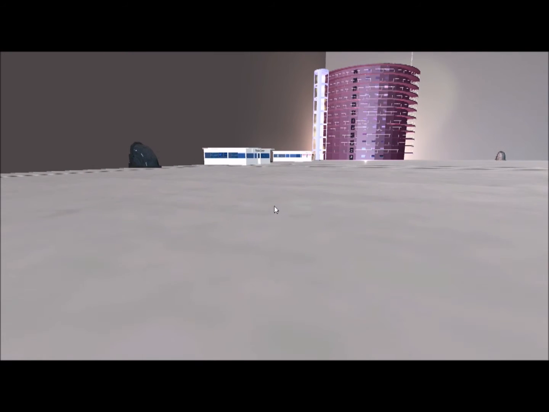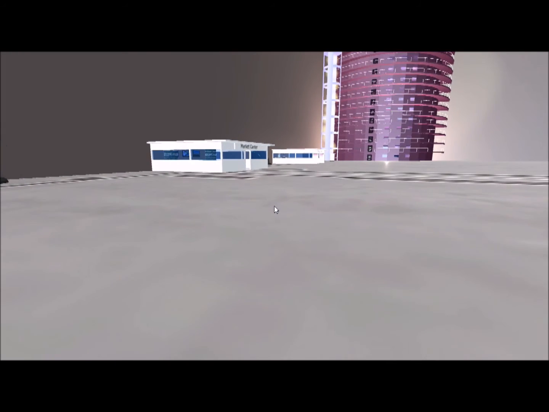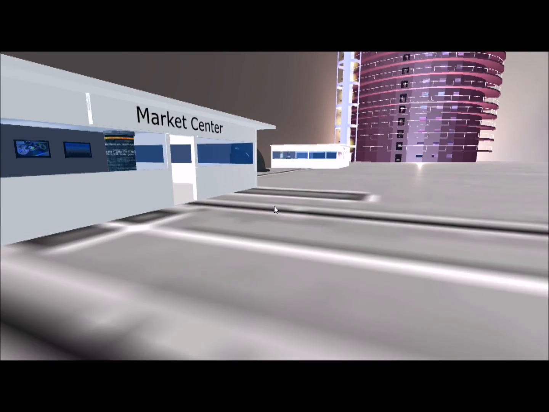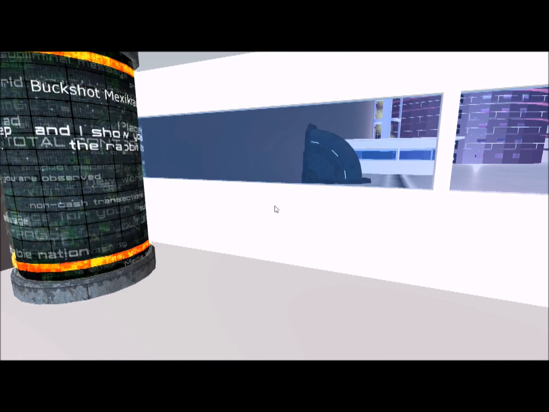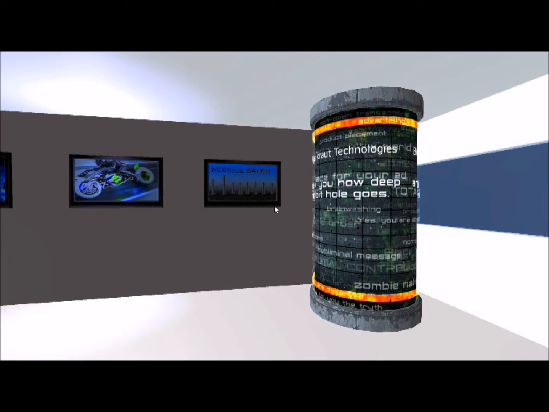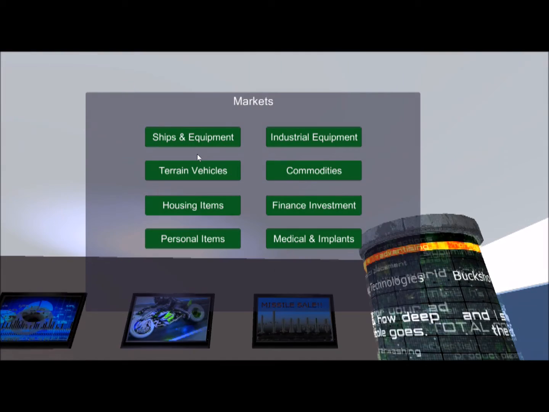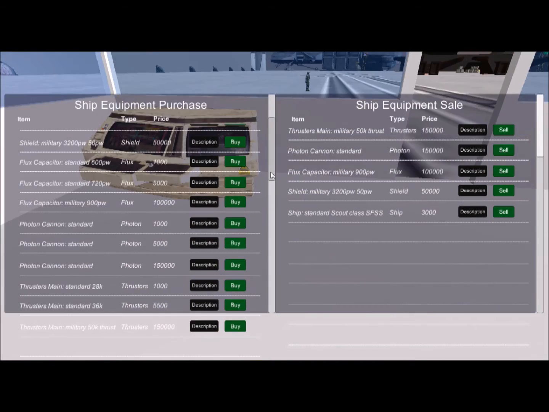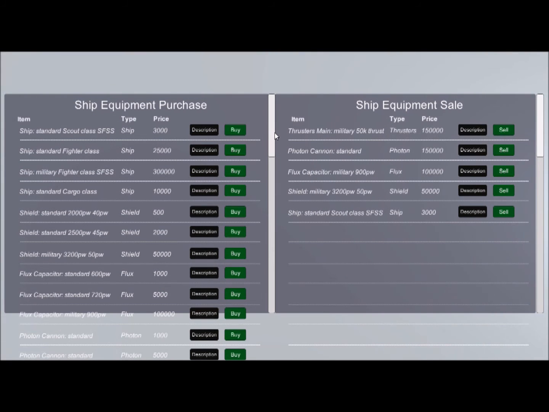Since the last time I showed the mission center, I added a market center where you buy ship equipment, and you actually customize your ship to a certain degree. What you do is you come on here and click tab, and right now ship equipment's the only thing that's operable. Purchase the various custom equipment. You have shields, flux capacitors, main thrusters, and once you purchase that,